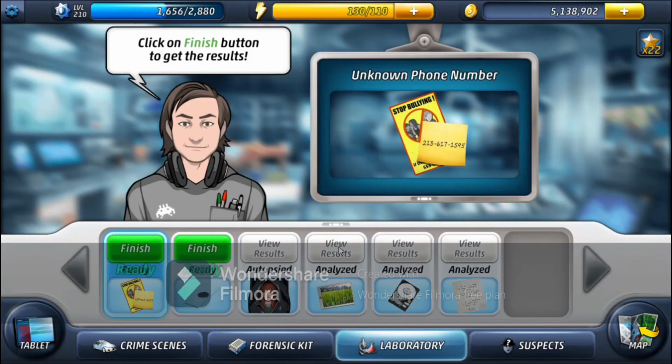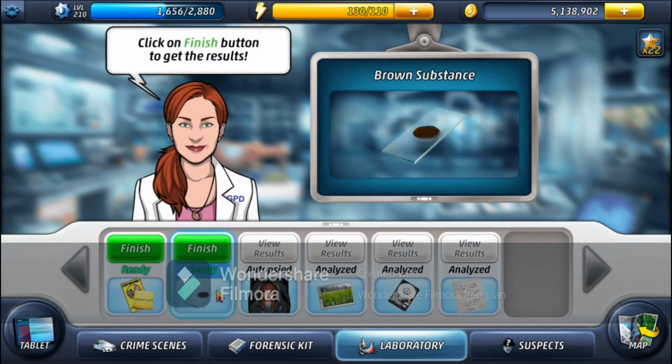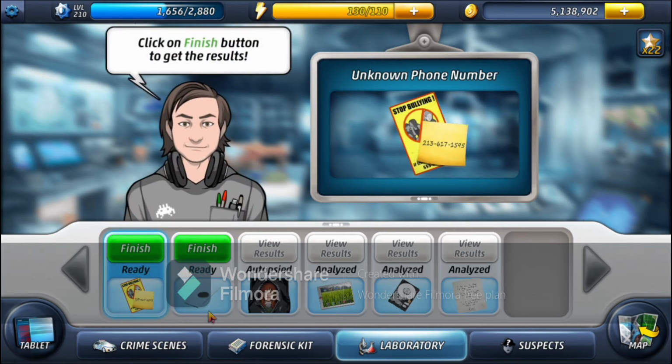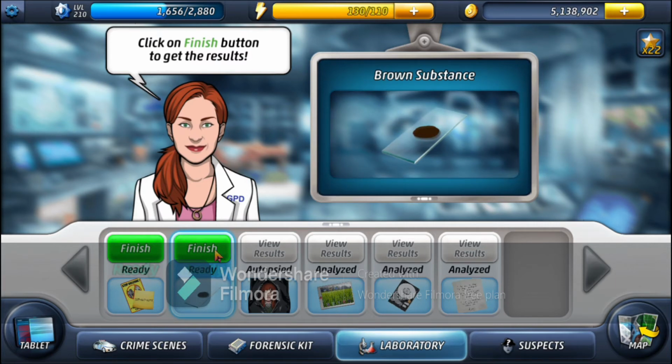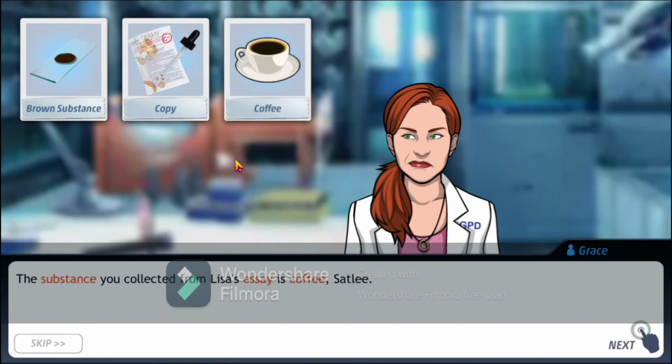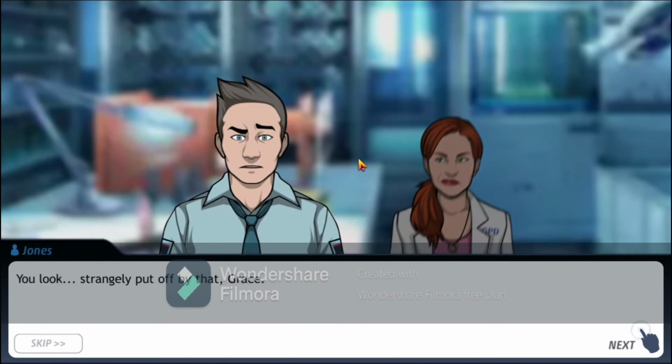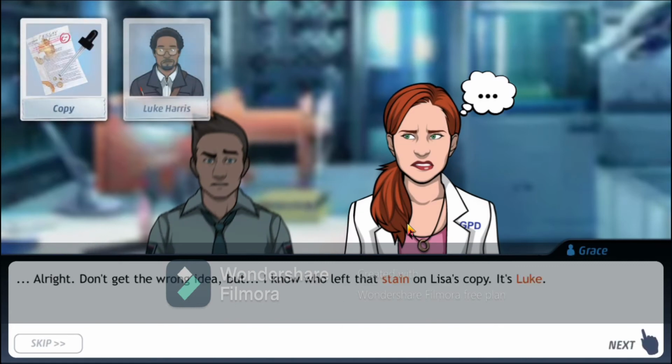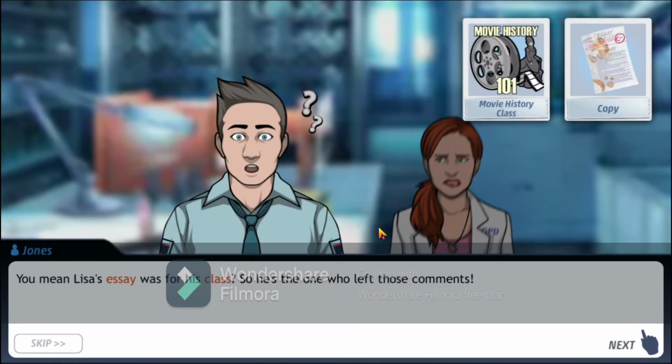I don't think Luke Harris would be able to have that kind of mindset and personality to murder Lisa Edwards, even though the 3 evidence most likely points to him. So yeah, I don't think someone like Luke Harris would murder Lisa Edwards. I mean, why would he? And what kinds of tricks did he have to do, or what kinds of